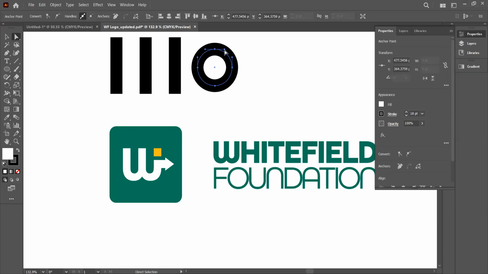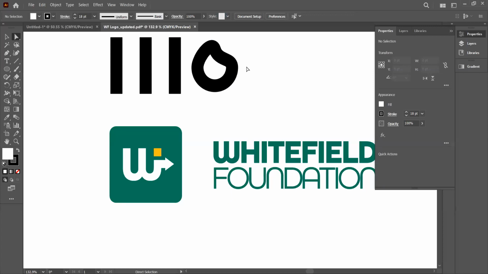Click on it. You can manipulate it by clicking on any of these angles of the circle. Can you see? This could be the logo of a company, I'm telling you the truth.